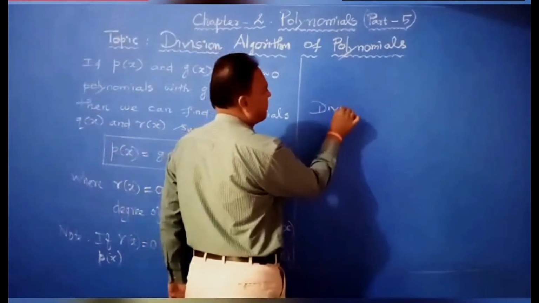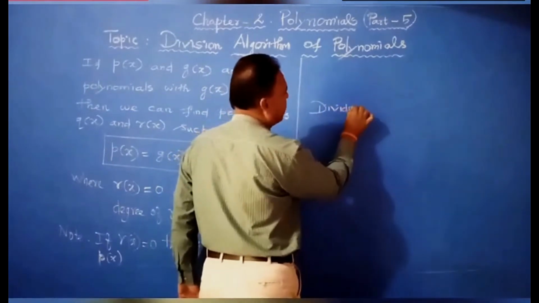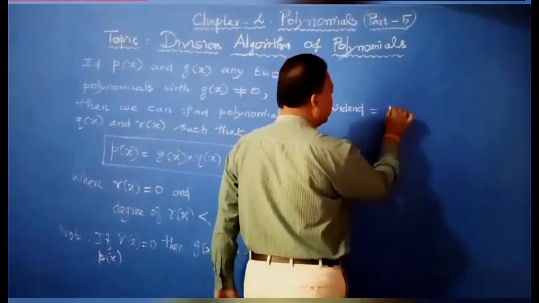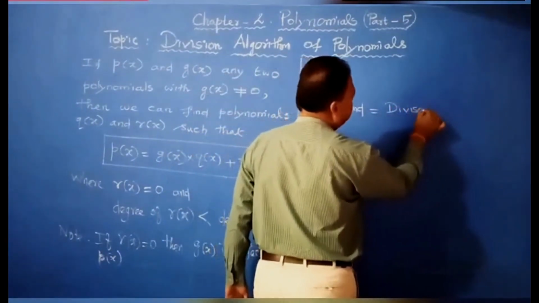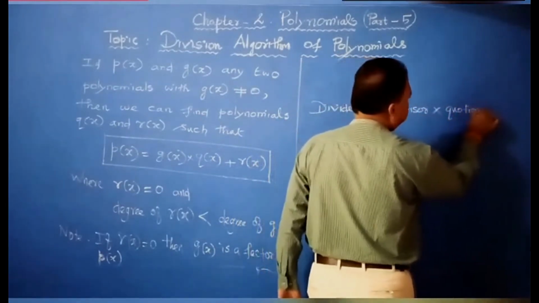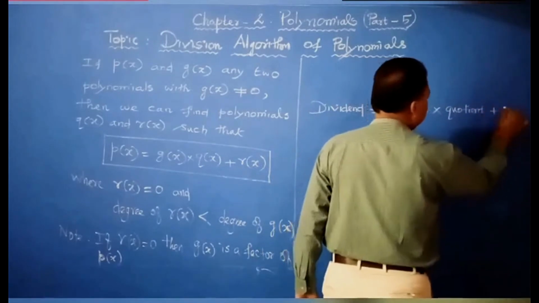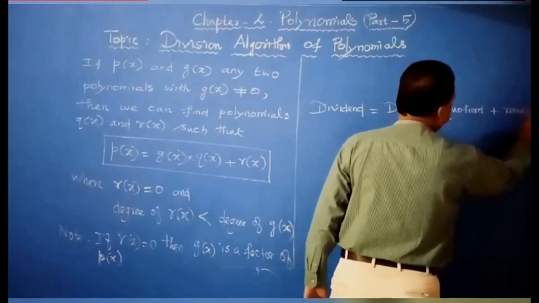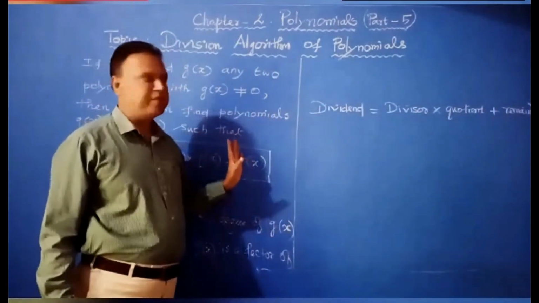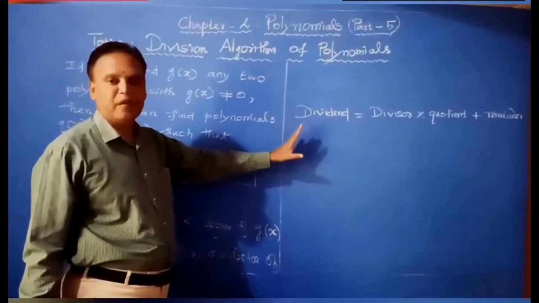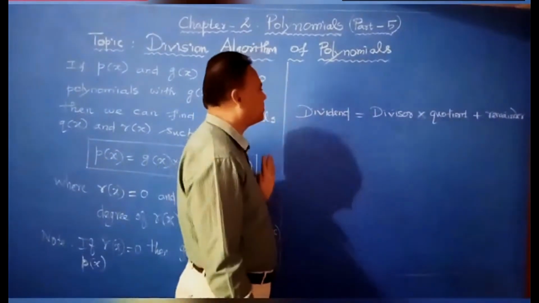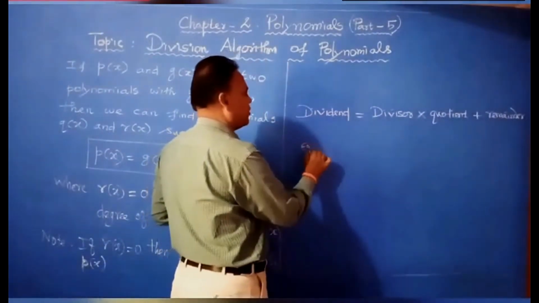Dividend is equal to divisor into quotient plus remainder. Understand? In lower class you studied this division algorithm. This is division algorithm. So dividend is equal to divisor into quotient plus remainder. So for example, you see